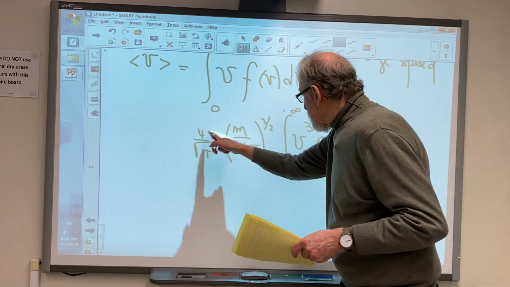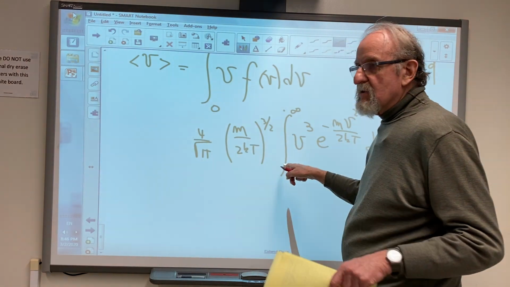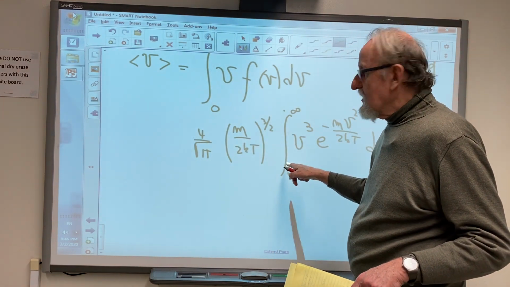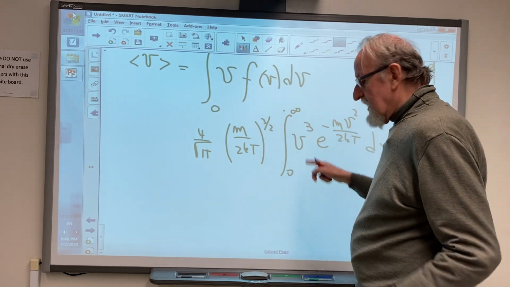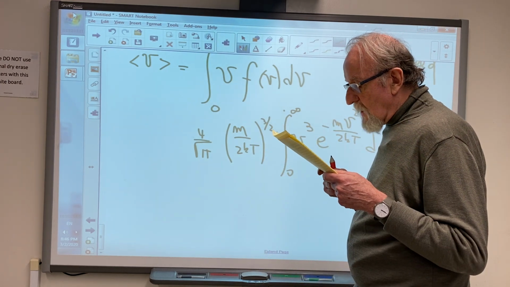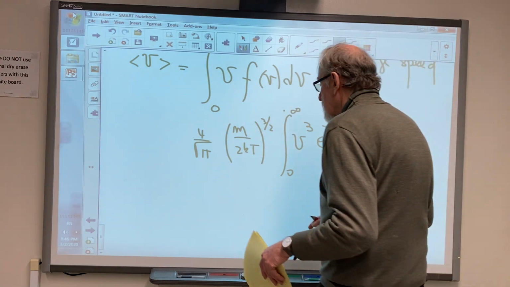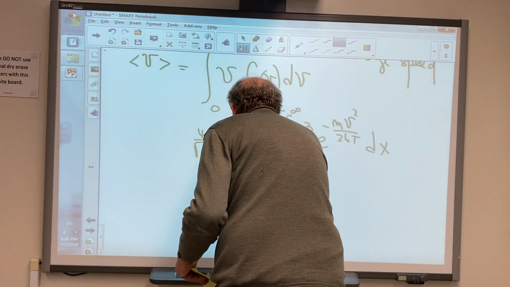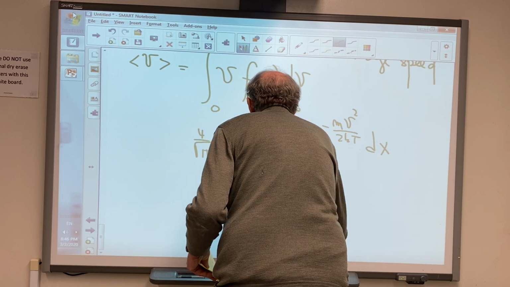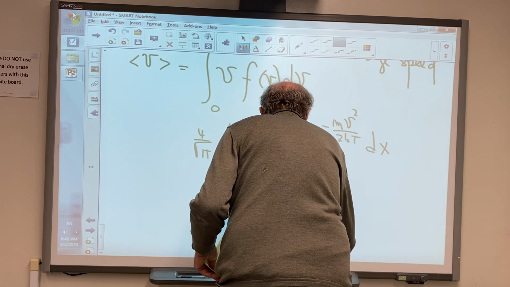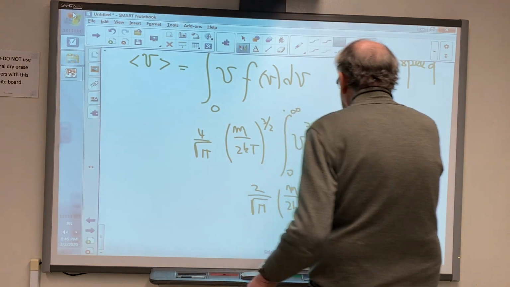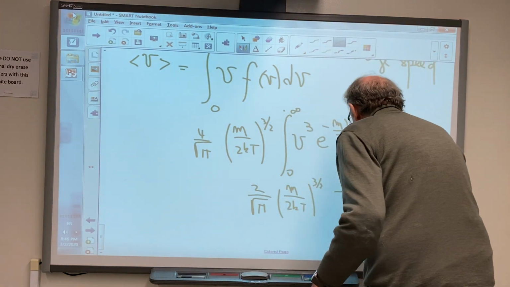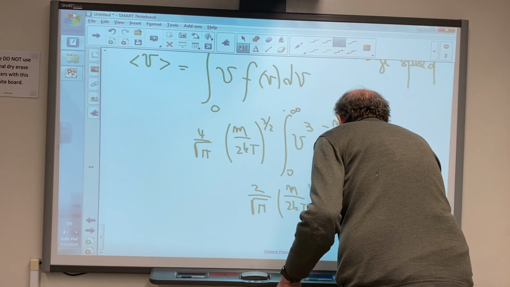And the factor 2, we will put it here because remember, we defined I3 as 2 times the integral. So I3 was 1 over alpha squared. So we get 2 over square root of pi, m over 2kT to the 3/2, and I get 1 over alpha squared. Alpha is m over 2kT